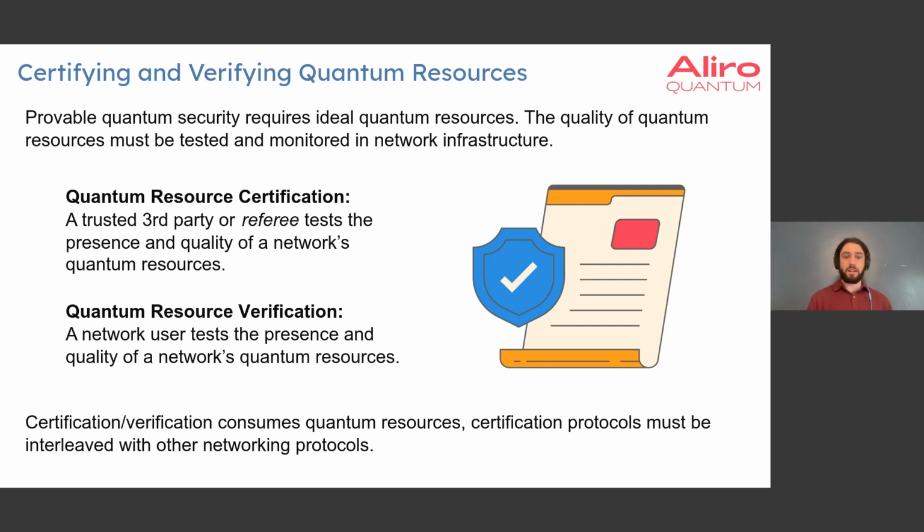Now, just to reiterate, certification and verification consume quantum resources. Furthermore, quantum resources are constantly being produced. So in order to get a good certificate on your resources, you must constantly monitor your resources in a way that the entanglement source is unaware of. The entanglement source can't know when it's being tested for quality versus when it's being used for secure protocols. In this way, we can create a certificate that accurately